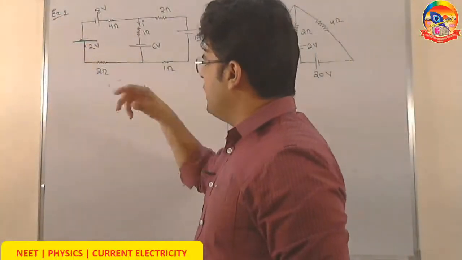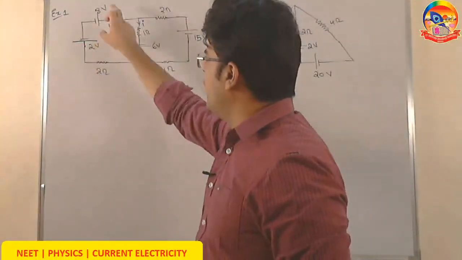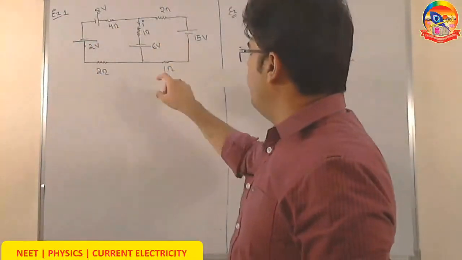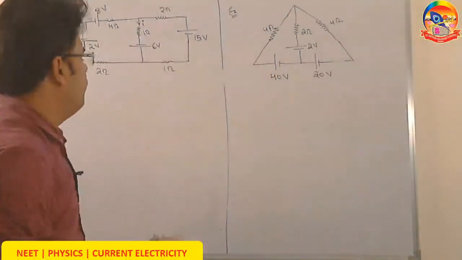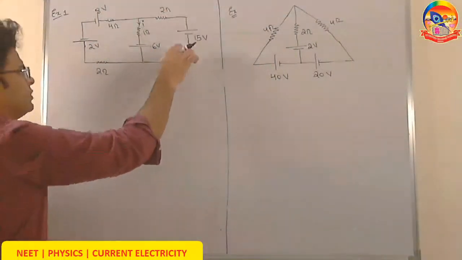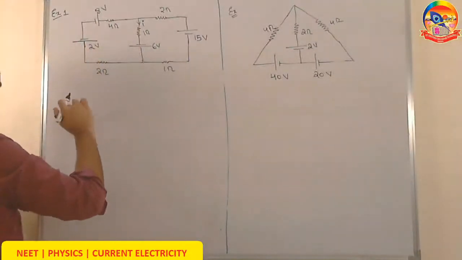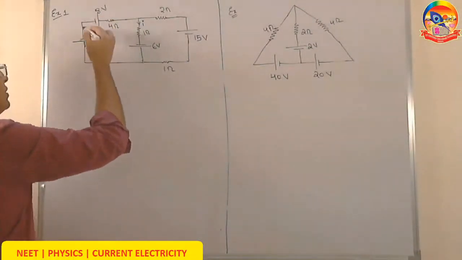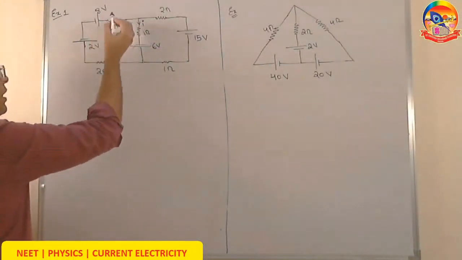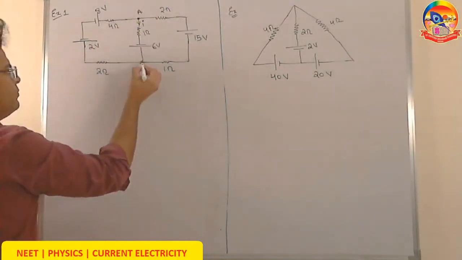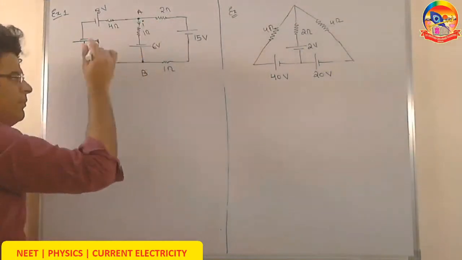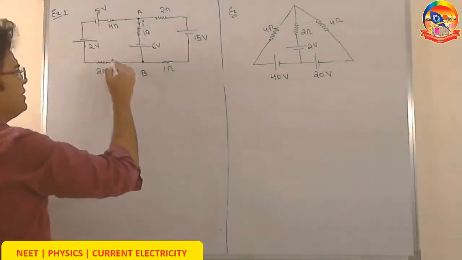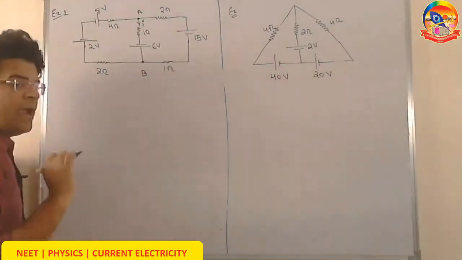Here you can see there are three lines, 2 ohm, 4 ohm, 2 volt, 8 volt, 2 ohm, 15 volt, 1 ohm, 6 volt, 1 ohm, and we have to find the current in the central line. What to do? First of all, make each line smaller. So you can think of this first line. They have drawn here two cells just for drawing. If I mark this point as A, this point as B, all these three lines are connected between A and B. So all these three lines, the first line, the second line, and the third line are in parallel.